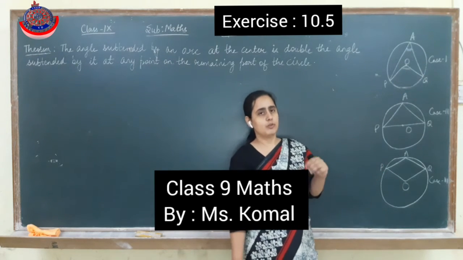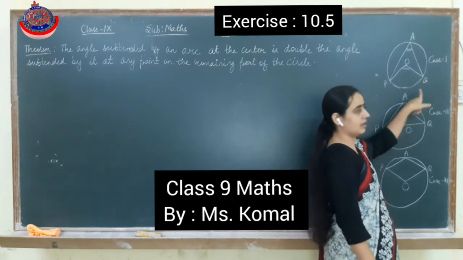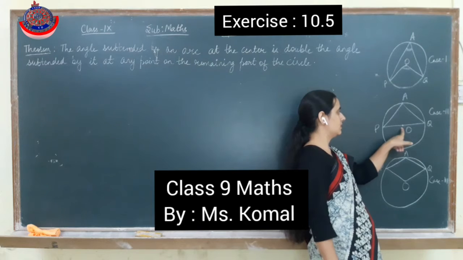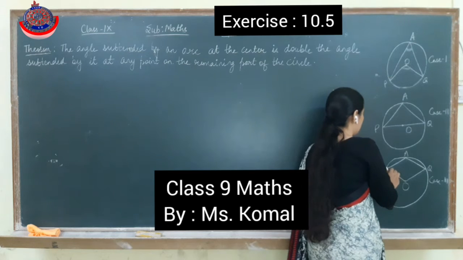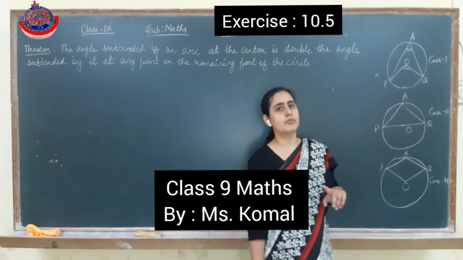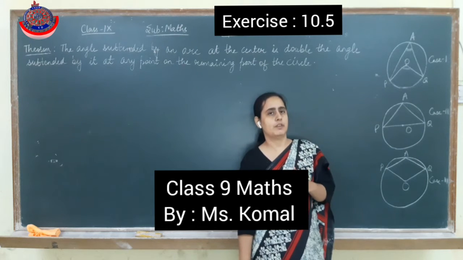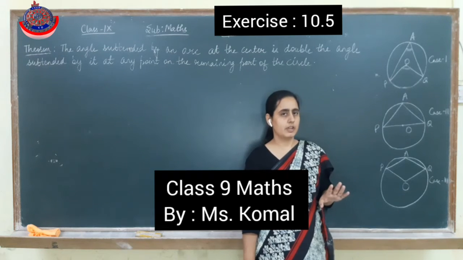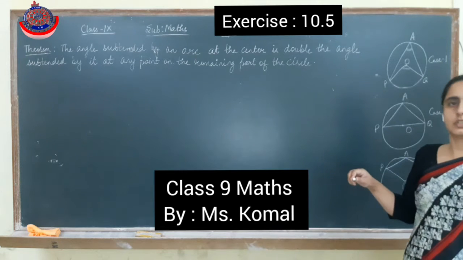Fine. So for proving, we take three cases. Case 1 is when PQ is a minor arc. Case 2 is when PQ is the diameter. As you can see, O is the center, so PQ is the diameter. In the third case, PQ is a major arc. The proof will remain the same for all the cases. The only thing is the way of writing, you have to be very careful. There are marks for these three figures, three cases. So firstly I am explaining for one figure only. The same concept will be used in all.